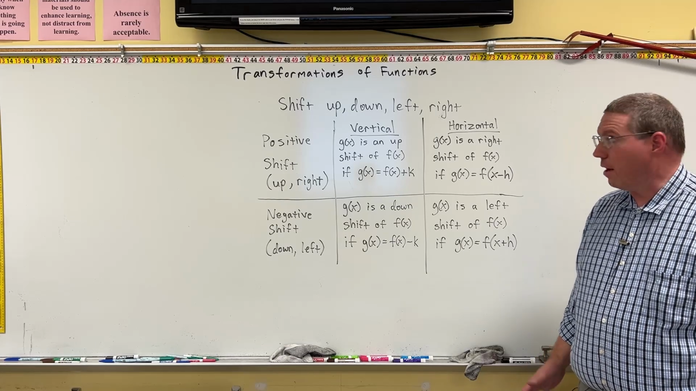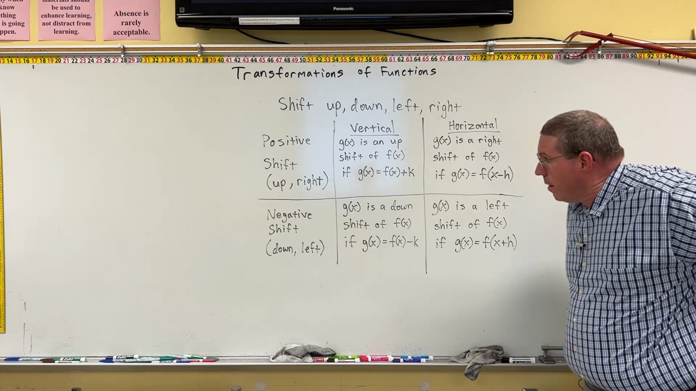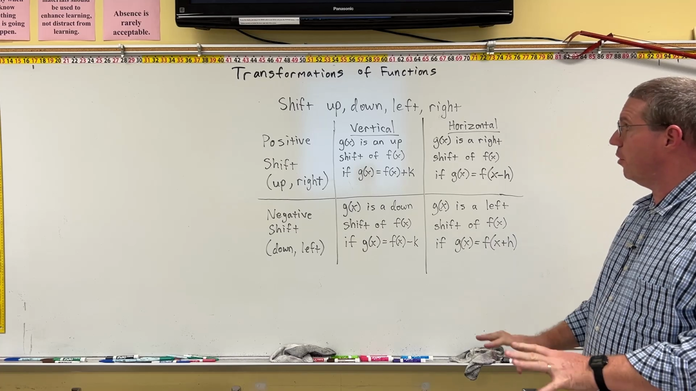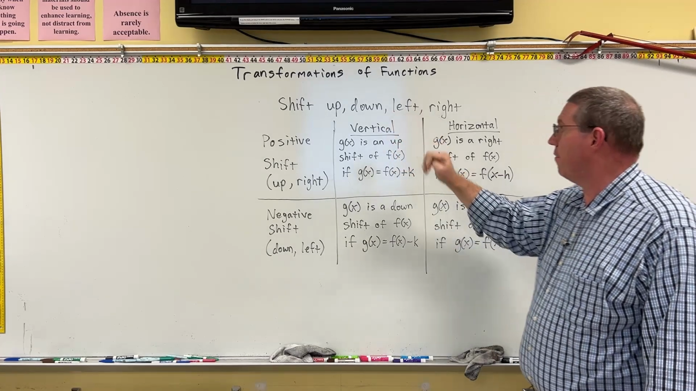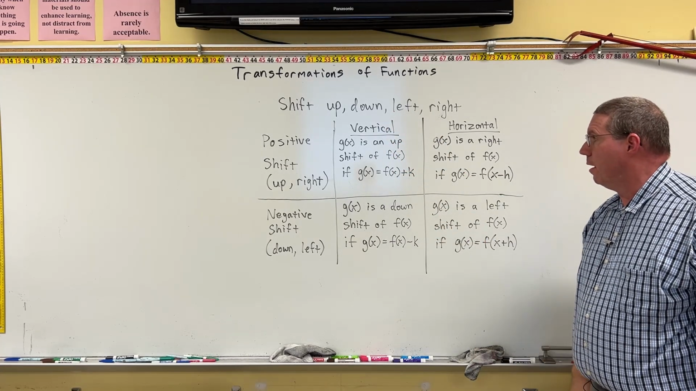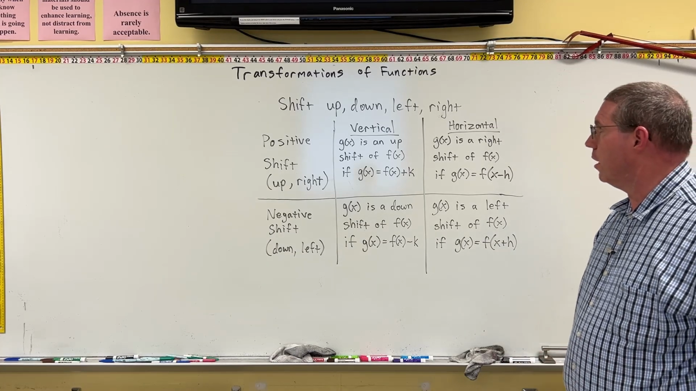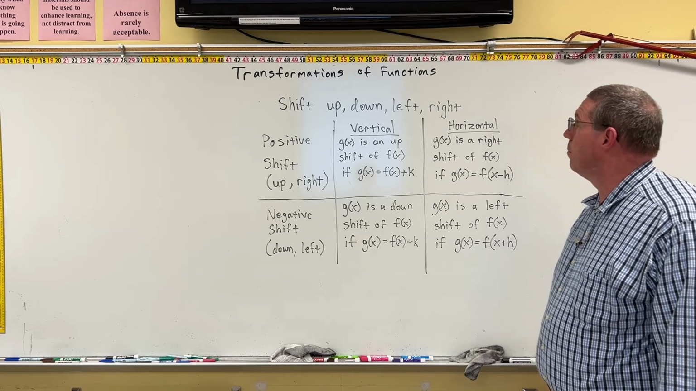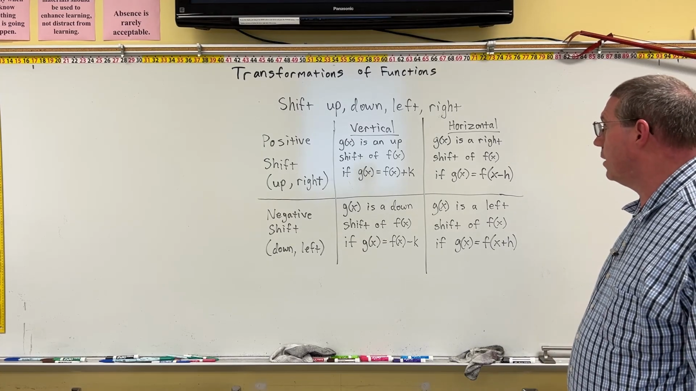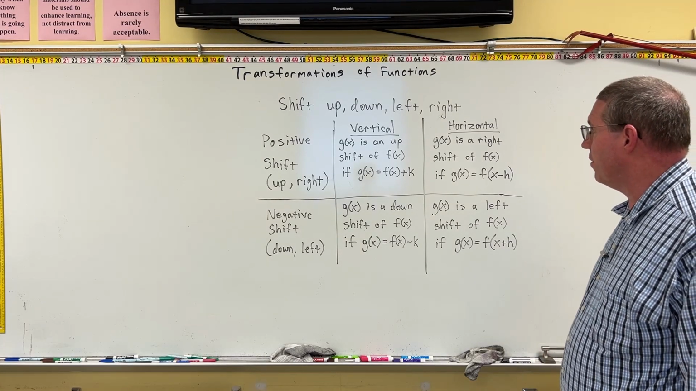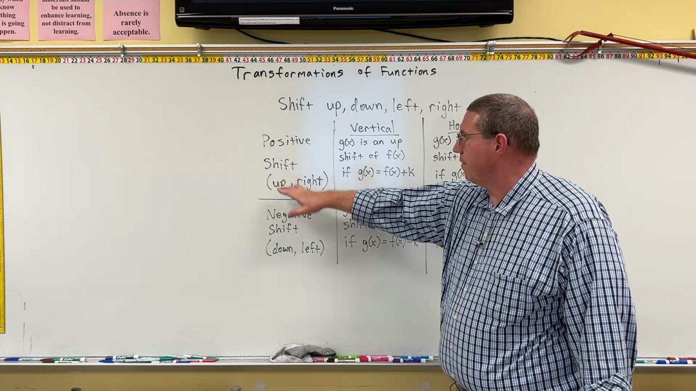Okay, so our last kind of transformation is a shift. We can shift the graph up, down, left, and right. Okay, this is actually, in my opinion, the easiest kind of transformation to understand, but I'll leave that to you to decide. Okay, and so what we have here is we can have a positive shift, which would be up